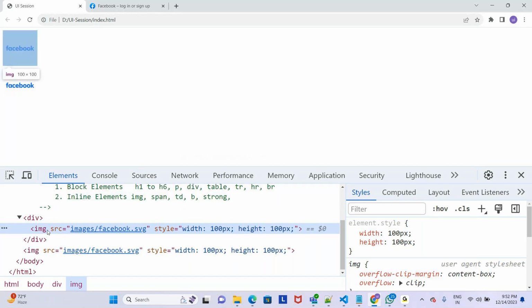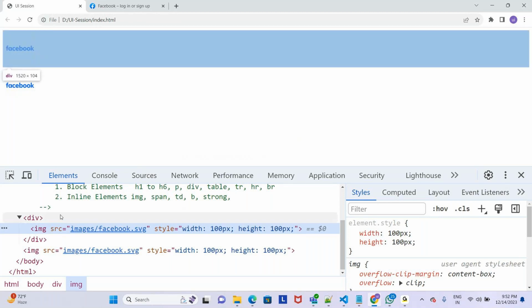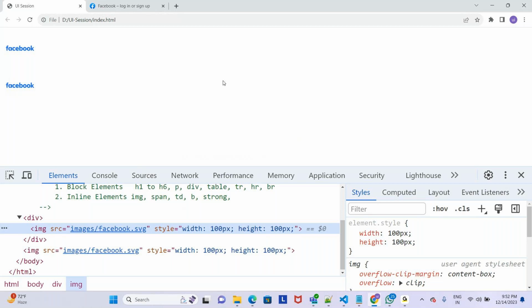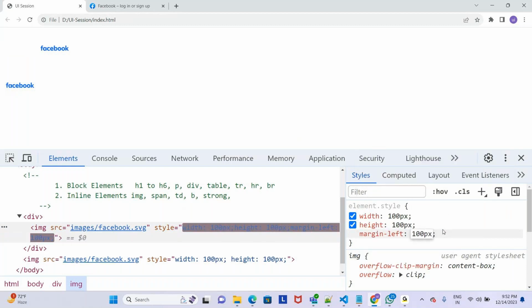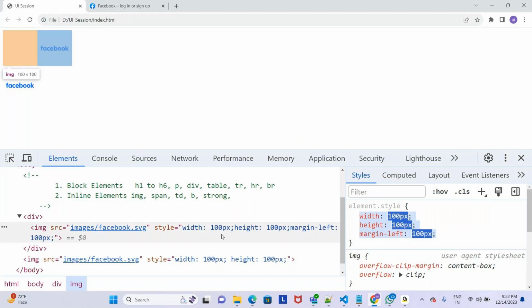Now I want to move this image 50 pixels or 100 pixels towards the right. So we have a few properties in CSS, let us say margin-left 100 pixels. Now, if you want to make this exactly center aligned,